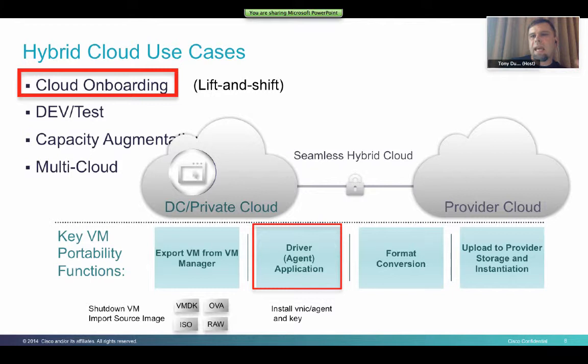We'll unpack that a little bit more in subsequent slides, but for now we'll stay more focused on just the